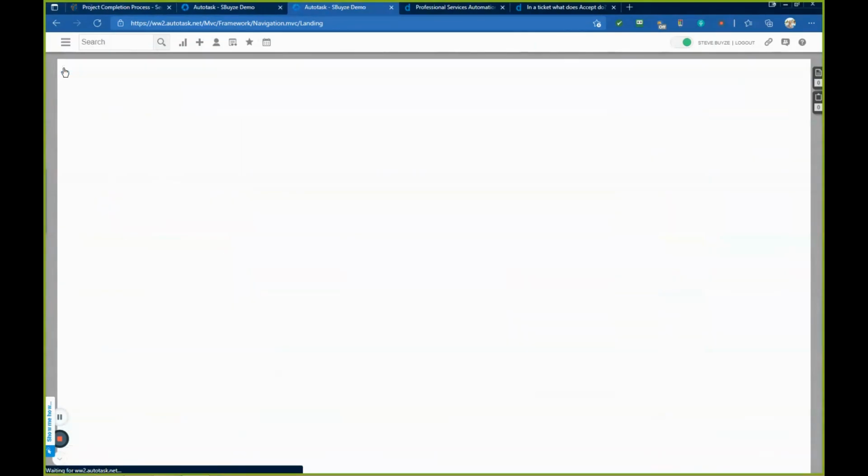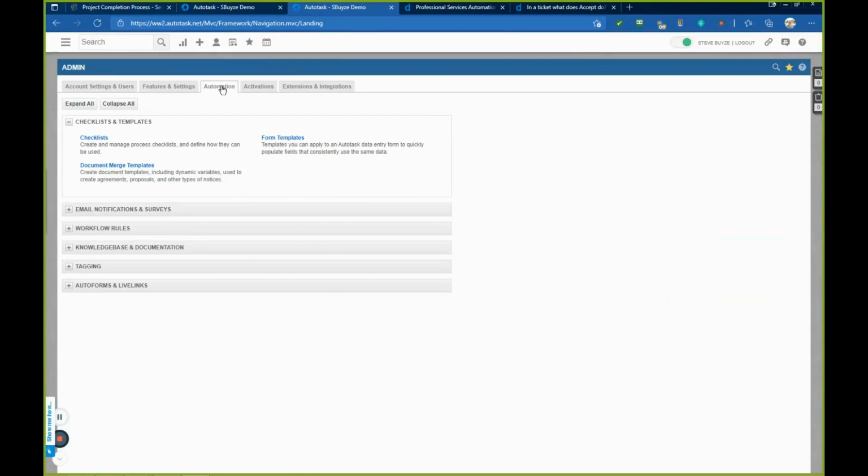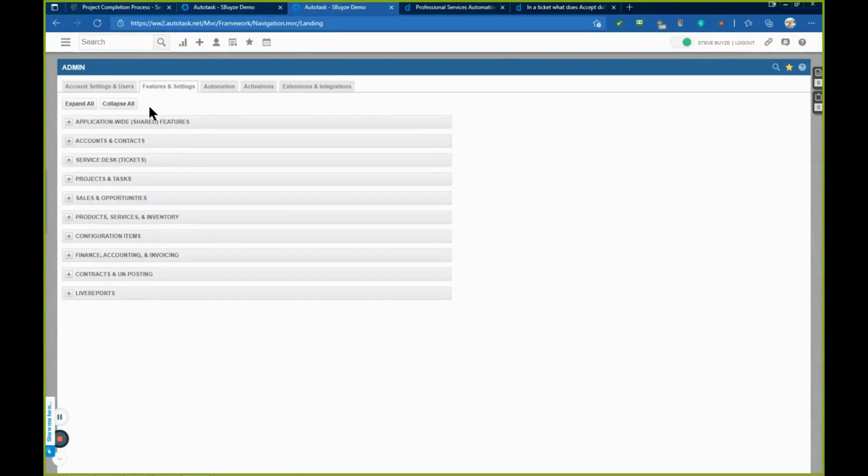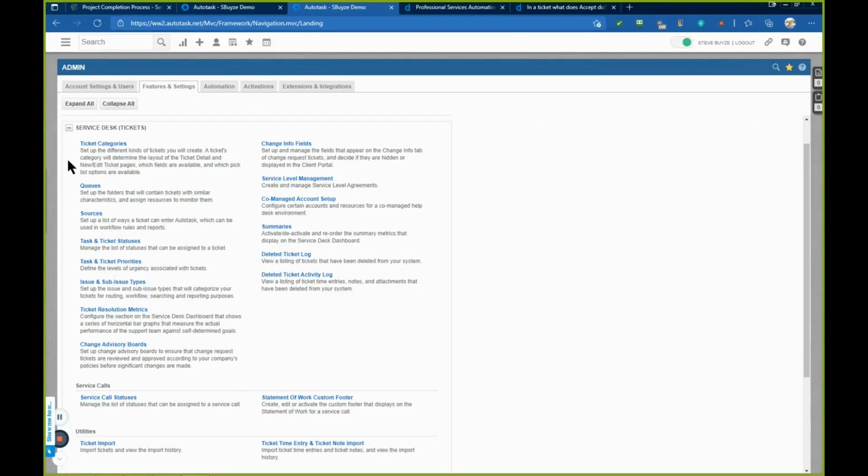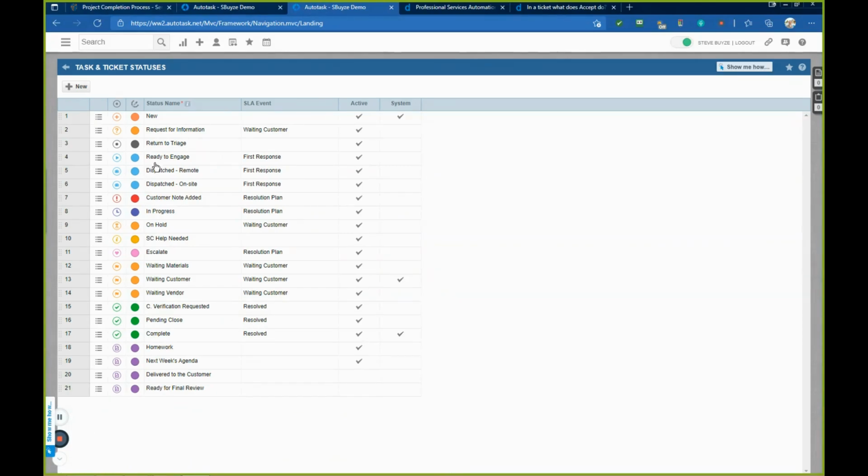So I'm going to back out of form templates. We're already in the automation tab. I need to jump over to features and settings, go to the service desk. The first place I'm going to take you is to statuses. And you can see here that the ready to engage status, dispatch remote, and dispatch onsite sets the first response flag, and in progress sets the resolution plan. So the minute this ticket is put in progress, that's going to give a timestamp of